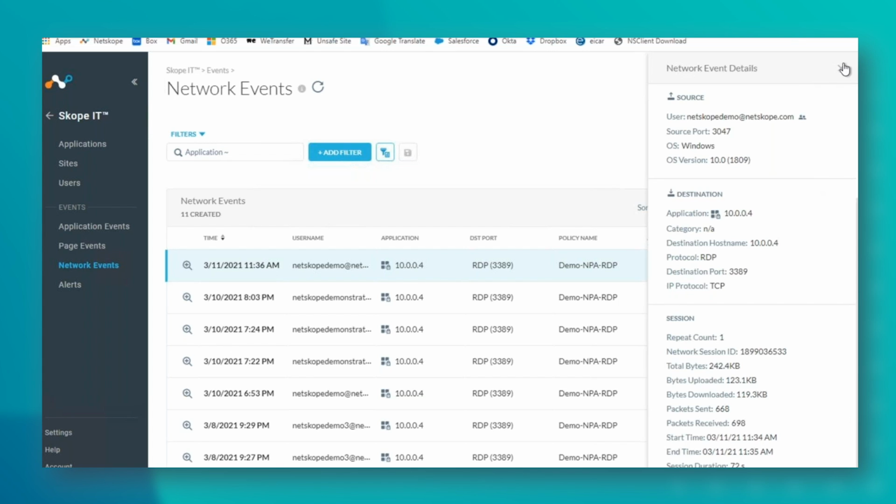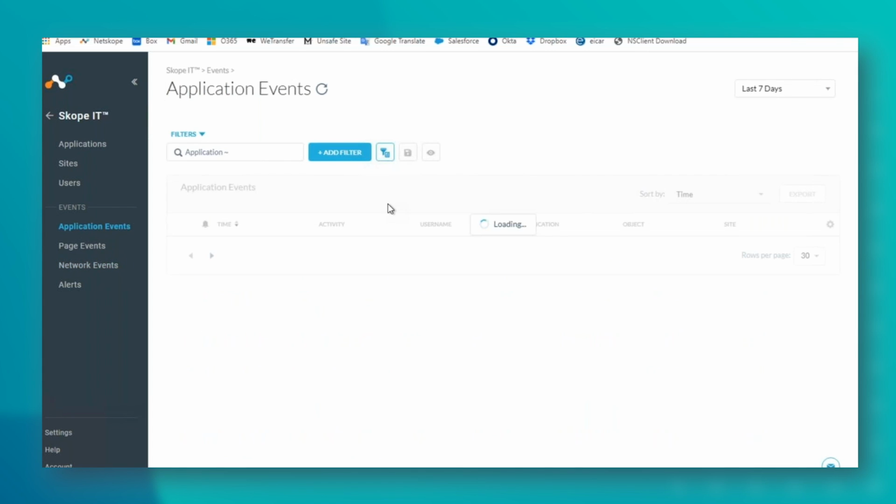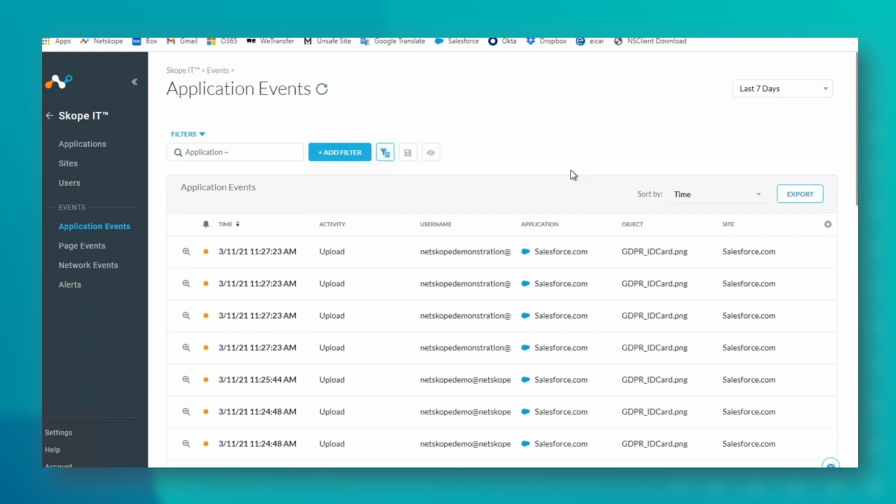And in our application events, we can also see that I was trying to do stuff via Salesforce. Even though I didn't have the client installed, I now have the visibility of activities inside that application because I was going via the reverse proxy. So not only was it enforcing my overall policy when I was in that tool without the client running, I'm getting the full visibility of what the user was up to as well.